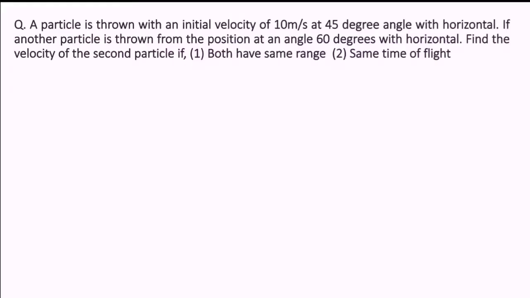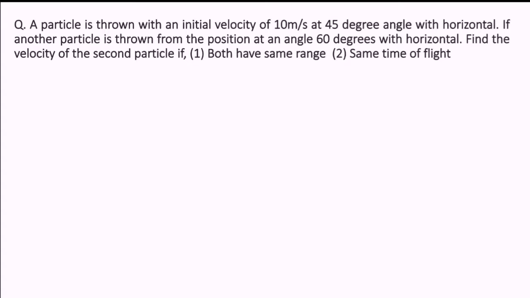The question says a particle is thrown with the initial velocity of 10 meter per second at 45 degree angle with the horizontal. If another particle is thrown from the position at an angle 60 degrees with horizontal, find the velocity of second particle if first point if they have same range and second point if they have same time